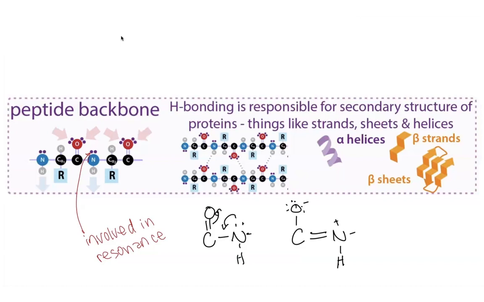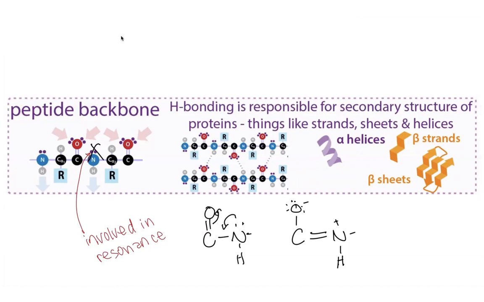So basically you have this resonance happening in the peptide backbone. In order to actually use that lone pair, you'd have to give up the resonance, and resonance makes molecules happy. And so they're not going to want to do that. And so you can't use that as an acceptor, but you can use this hydrogen as a donor. And we're going to see that because you have this regularly interspersed pattern of these acceptors and these donors in the peptide backbone, what you get is these characteristics, what we call secondary structures of proteins, things like alpha helices and beta strands, which are where the proteins are going to kind of fold up in order to maximize those